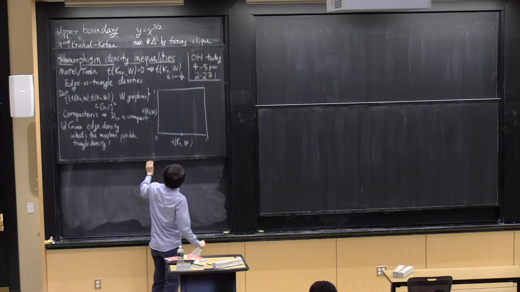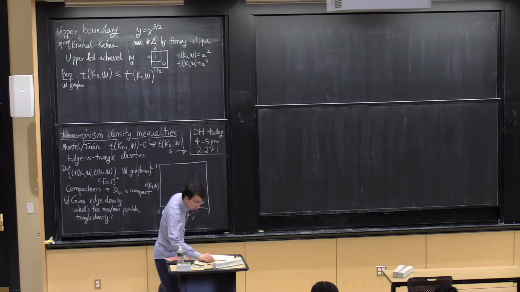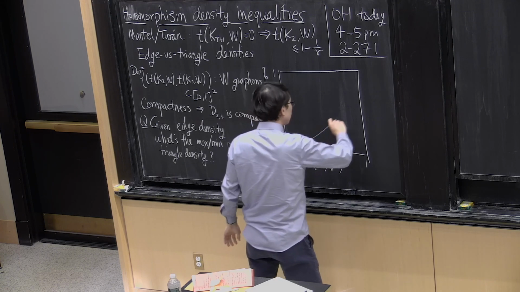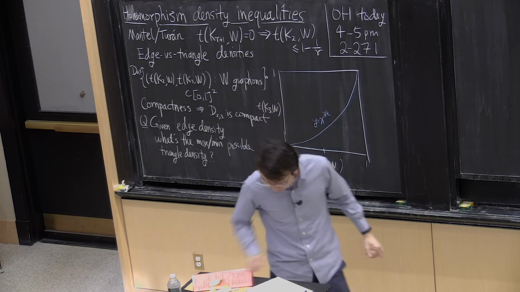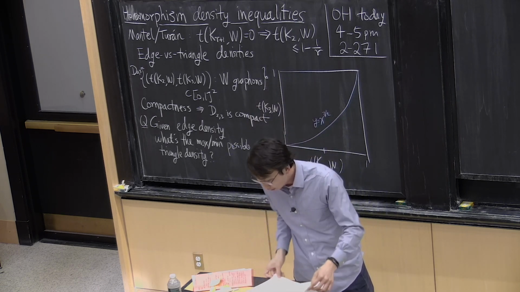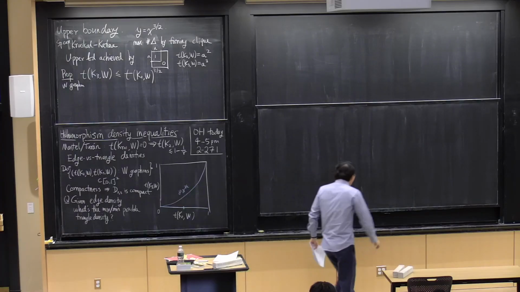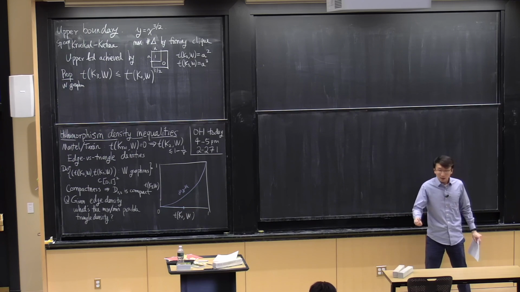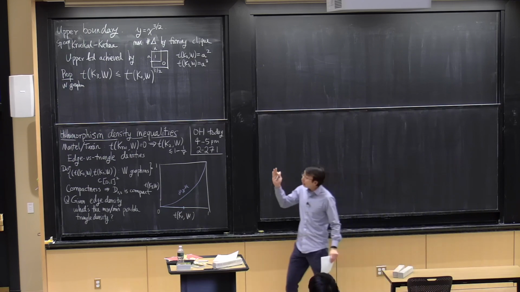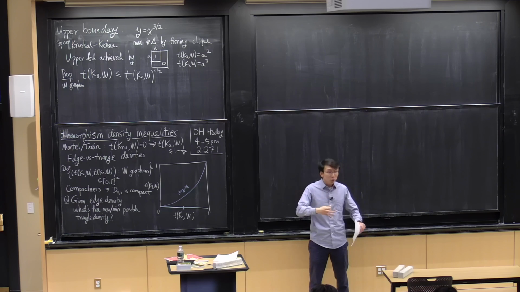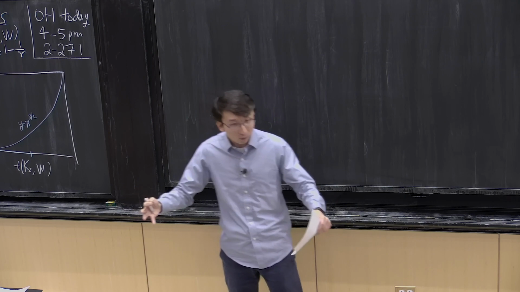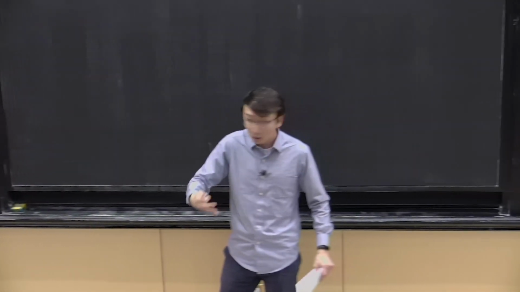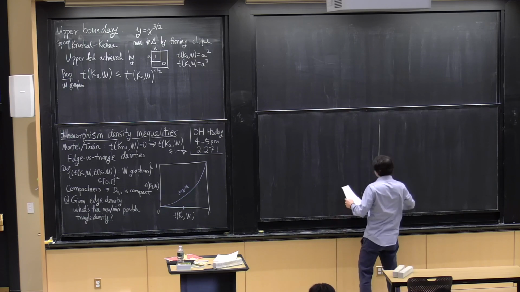So let's prove it. But first, let me draw you what this shape looks like. Because of the relationship between graphs and graph limits, for any of these inequalities about graph limits, about graph functions, it's sufficient to prove the corresponding inequality for graphs, right? Because the set of graphs is dense within the space of graph functions according to the topology, namely the cut metric that we discussed. So it suffices to show